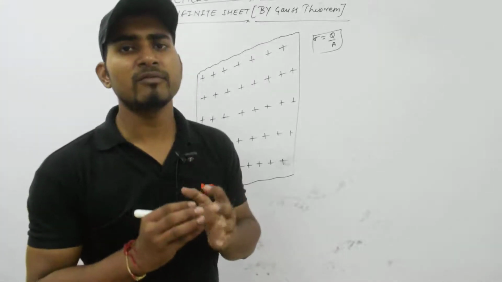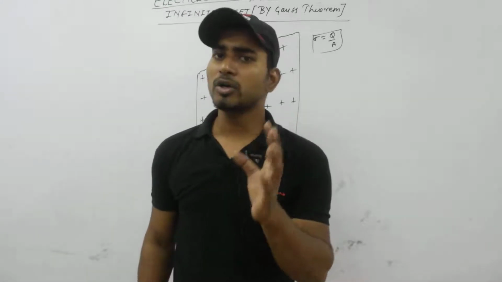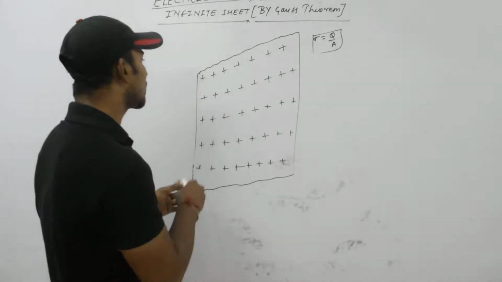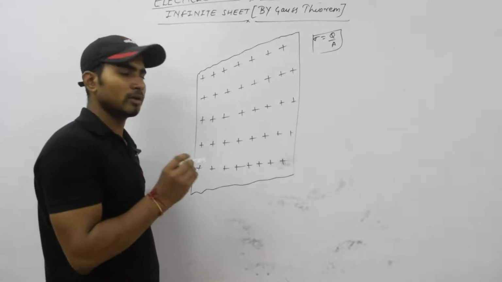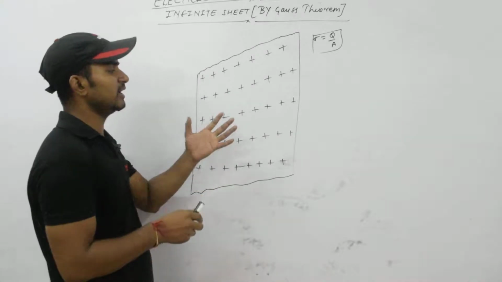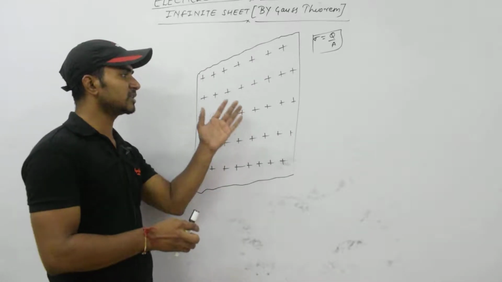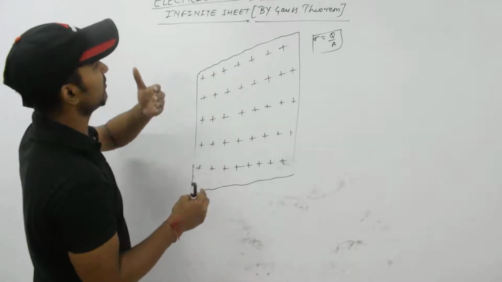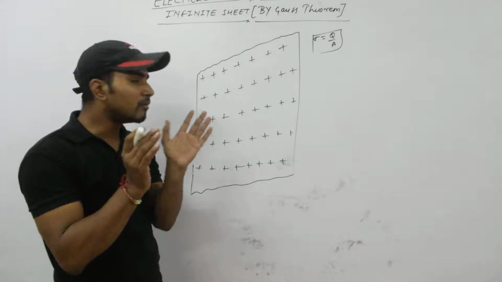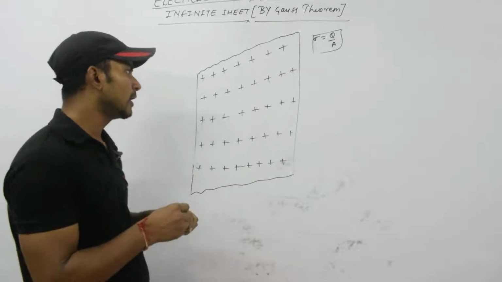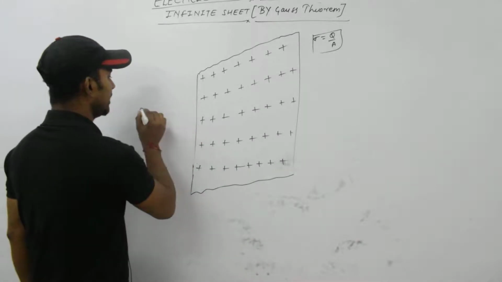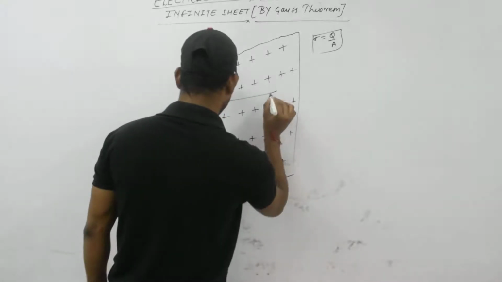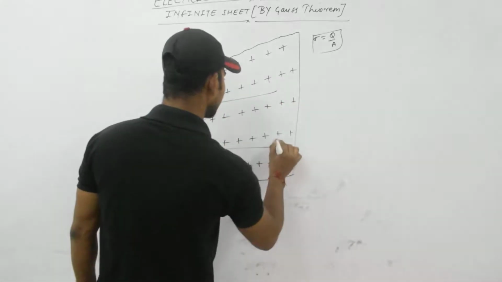So, here we will use Gauss theorem, and Gauss theorem is used for closed boundaries. So, to cover this particular sheet from both ends, because the field is what? If the positive charge distribution is there, then the field will be radially outward, and from the other end it will be radially inward. To cover this sheet, let's suppose I am going to take this Gaussian surface,